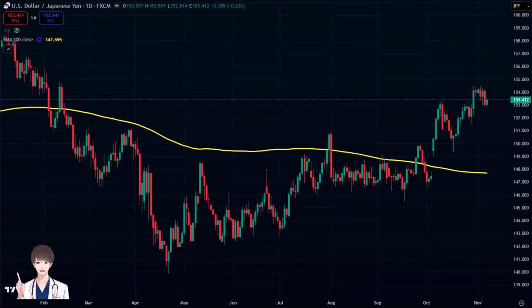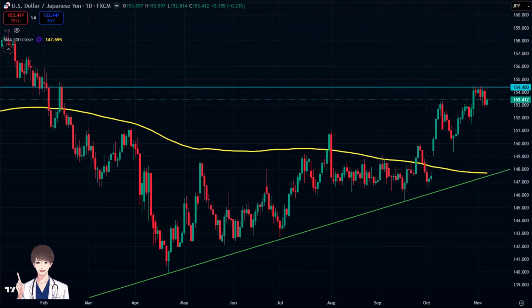Next, let's look at the daily chart. On this chart, an upward trend line can be drawn starting from the April low. Last week, price failed to break clearly above the recent high near 154.4, showing limited volatility and closing the week around 153.4. The key resistance area on the upside remains near